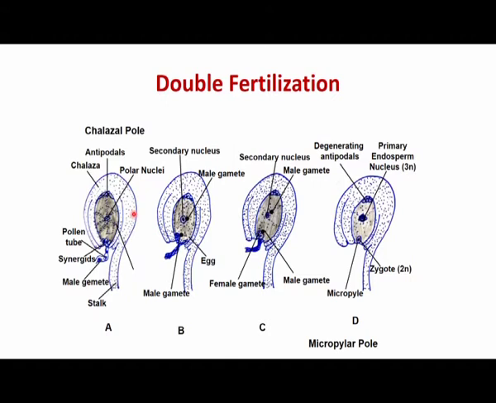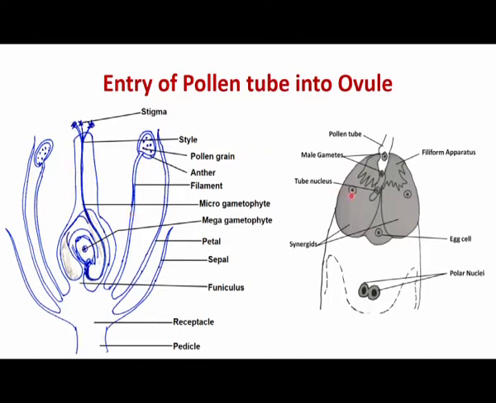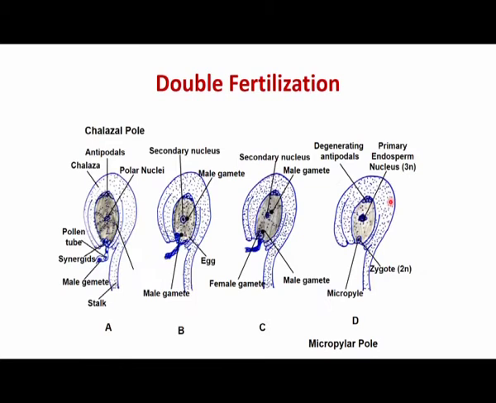As you might have seen in the previous slide, two male gametes enter into the embryo sac through the egg apparatus. One of the male gametes fuses with the egg to form the diploid zygote, which is present on this side, and the other male gamete fuses with the polar nuclei to form the diploid primary endosperm nucleus. This process is called triple fusion or vegetative fusion. These two acts of fertilization, which means the fertilization happens twice, are called double fertilization.